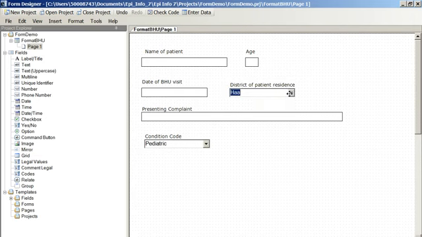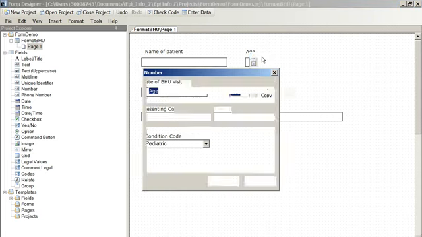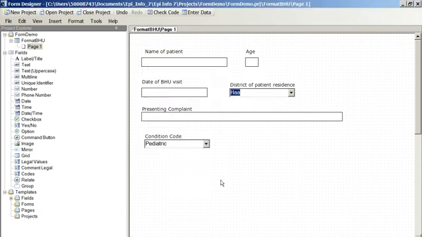Now, if you want to change any of these, you decide they're wrong, you go back and you right click on them and see properties. Now, we could put a range in here. We might put, I don't know, 1 to 110, something like that. I don't expect anyone to be over 110 perhaps. You could make something